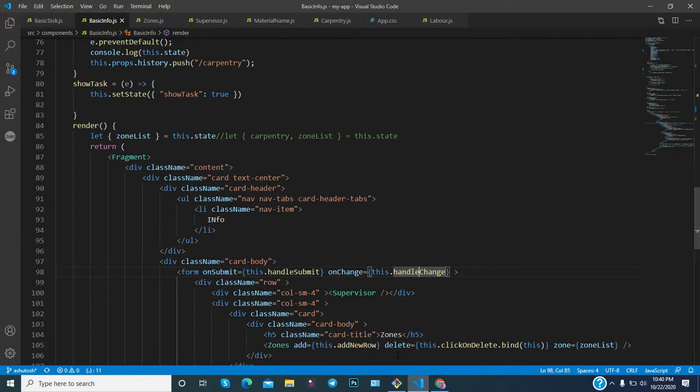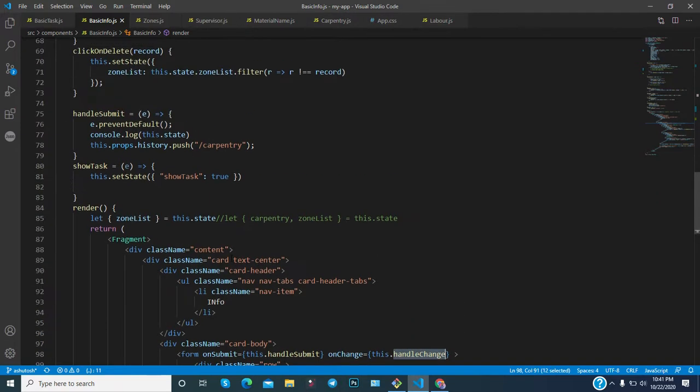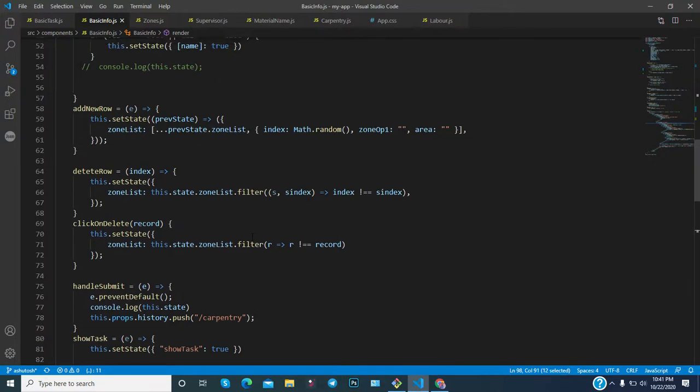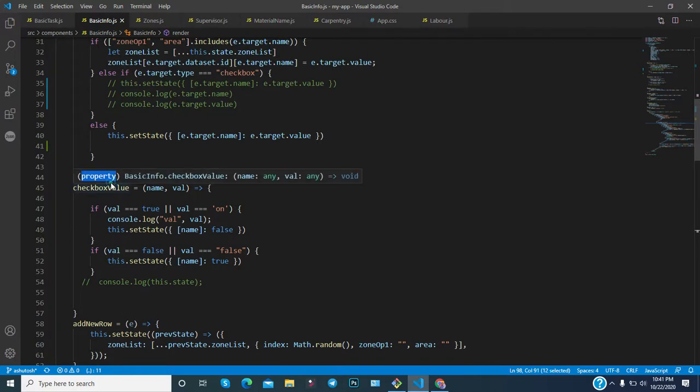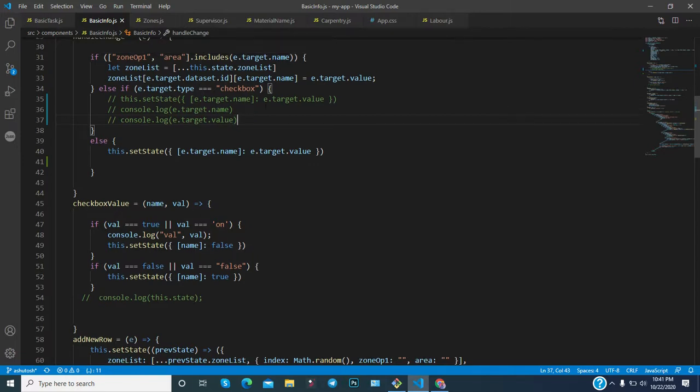One is for the form change, so handleChange will trigger, and another is for the input value change, so another method will get called. Since we are handling these with the other method, we have removed this from this logic, and that's why we have written the condition and are doing nothing.